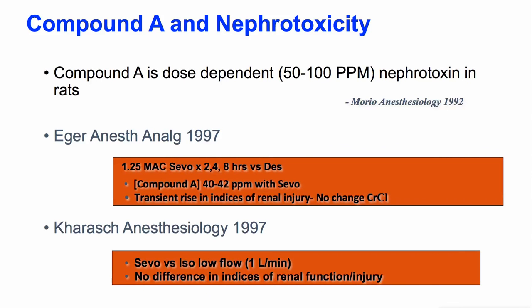But does compound A kill our kidneys? It was nephrotoxic at 50 to 100 parts per million in rats, but in the late 90s it was shown by Eger that there was a transient rise in some indices of renal injury, no change in creatinine clearance, and by Ebert, that there was no difference in indices of renal function and injury. And I think it's pretty much put to rest that sevoflurane and this compound A nephrotoxicity is not a big